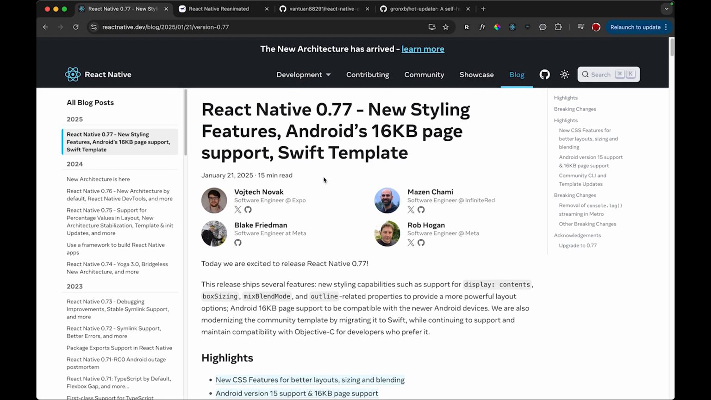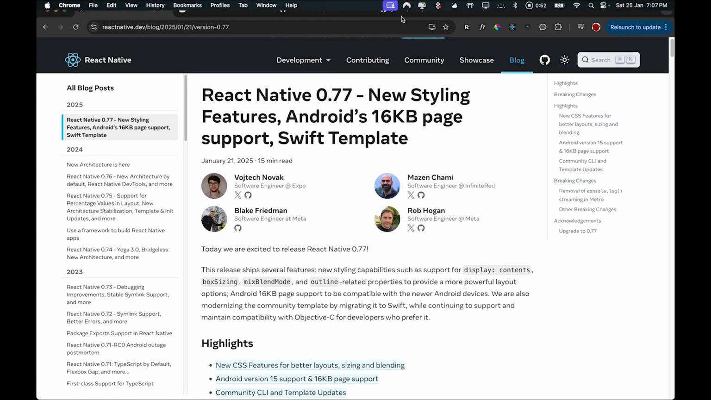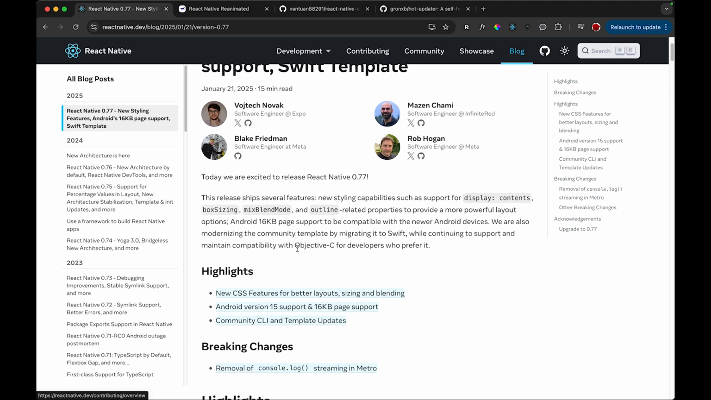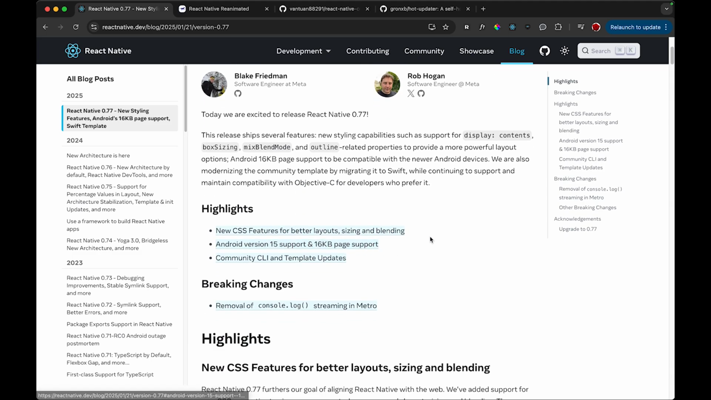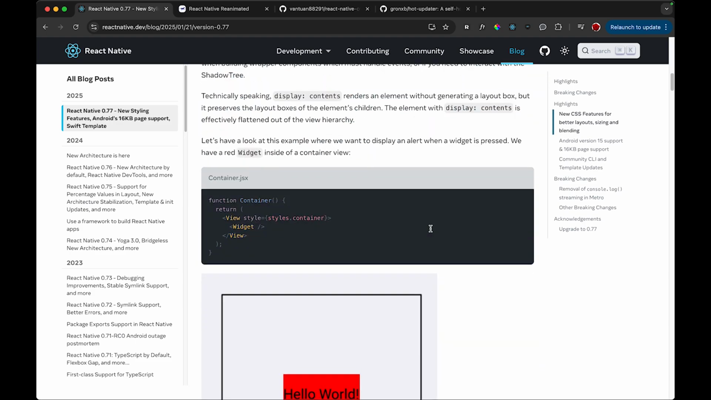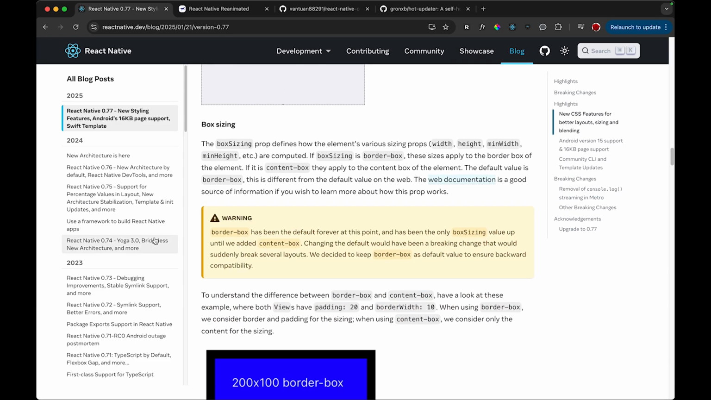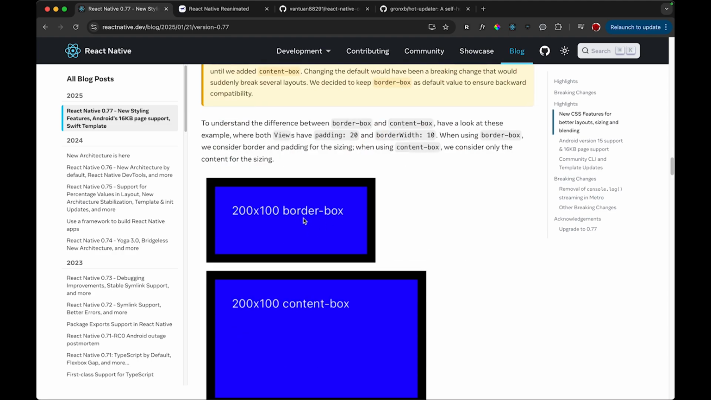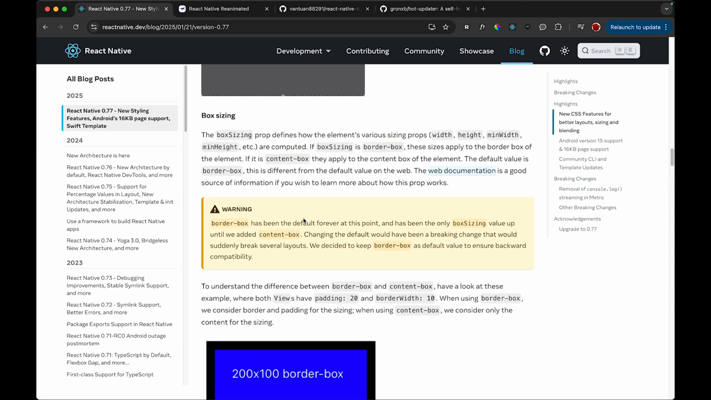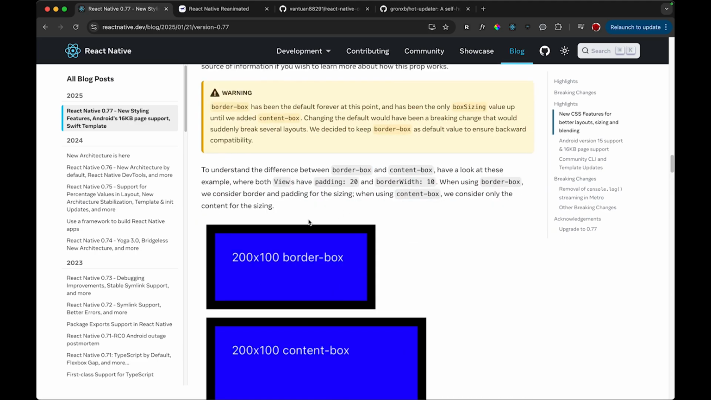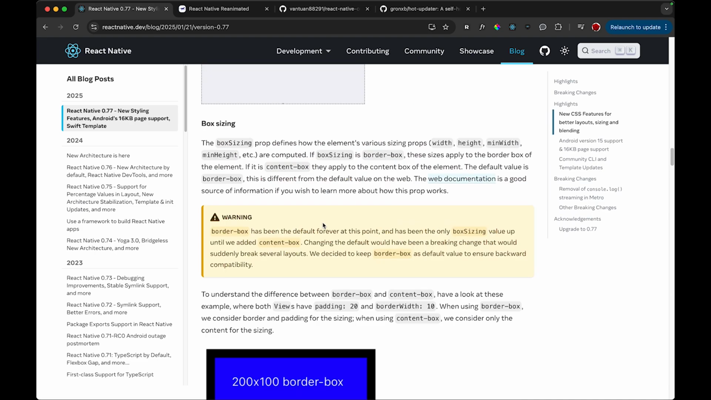So here, as they released it 4 days ago, they have highlighted 3 points. The first point is that they have introduced new CSS features. Like in CSS, we would have something called box sizing, border box, where the padding and margins would be automatically calculated. We can also enable or disable it. Now it is available out of the box, and we can control that in normal views